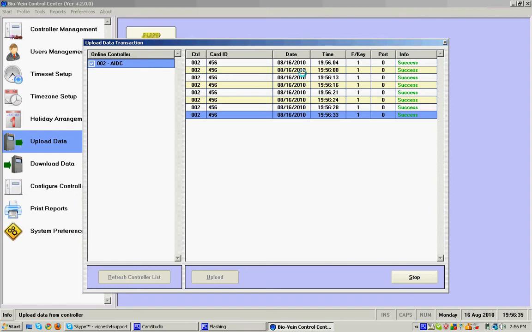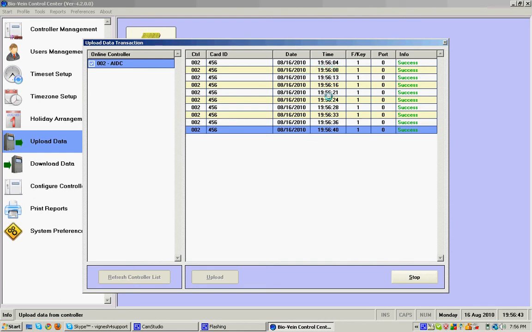Now we here see there are some transactions taking place. You can see the first transaction took place at 19:56 and the last transaction took place at 19:56, 45th second. So now I'm going to take my hand away,